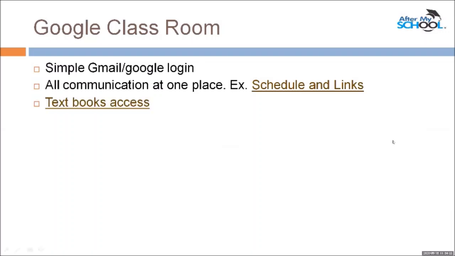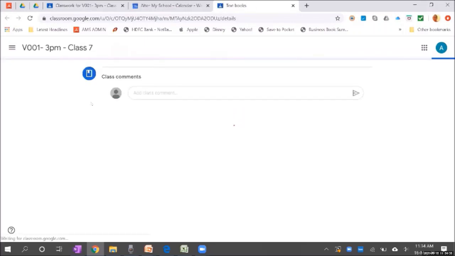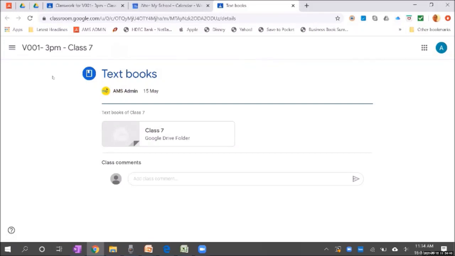The second thing is, we said one of the challenges is access to resources, access to material in the child's class, access to the entire library of textbooks. For example, this particular class is V001. This belongs to Harsh, 3 p.m., class 7.